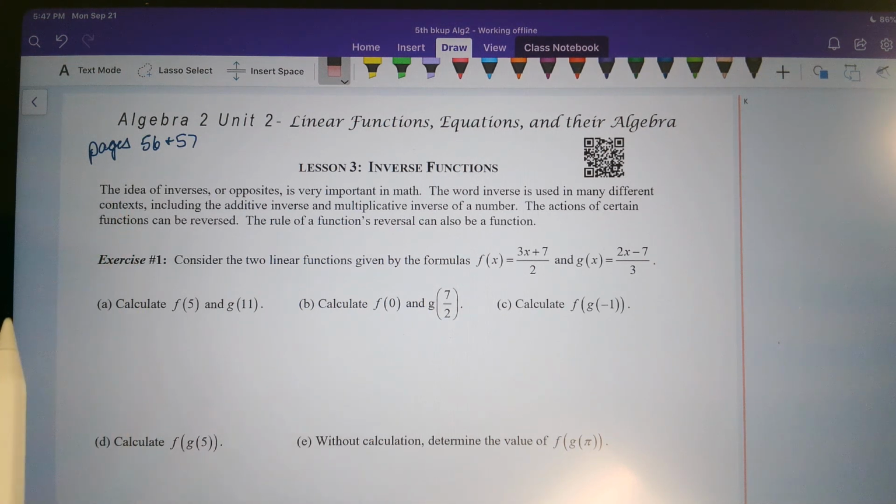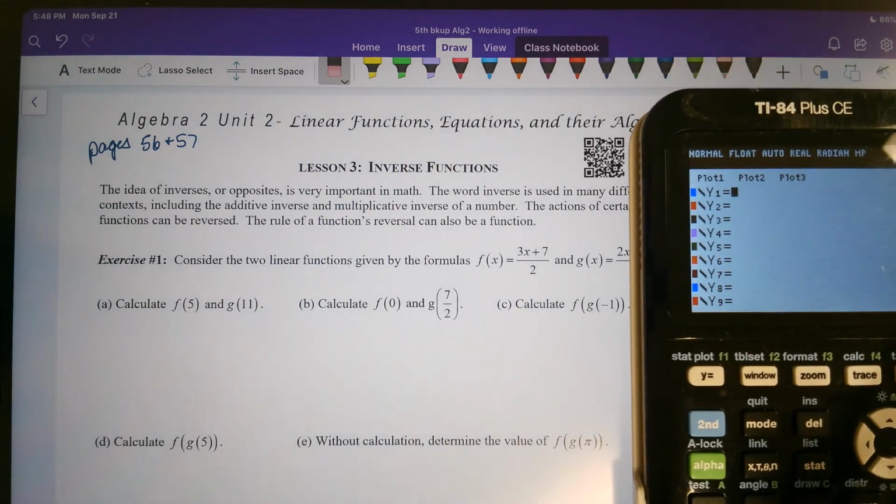Today we're on pages 56 and 57, inverse functions. When we talk about inverse functions, they are functions that undo each other. In exercise number 1, we want to consider the two linear functions given by the formulas f of x and g of x. We want to calculate f of 5 and g of 11, and we have a few calculations